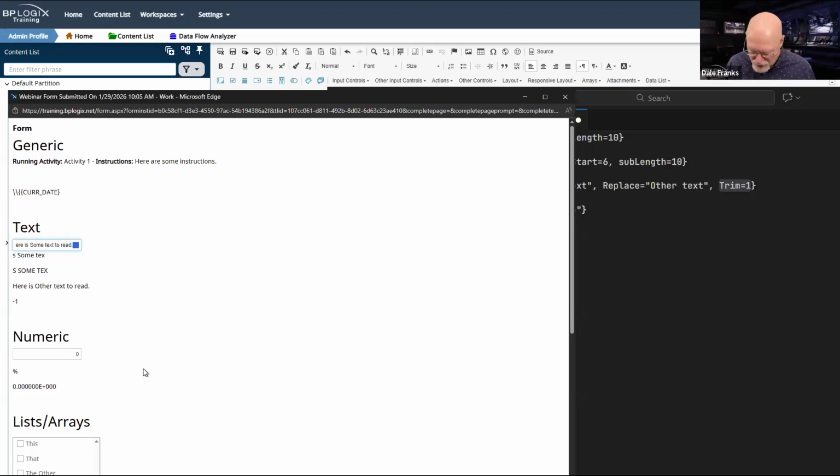It certainly doesn't show up in the UI if I just open the form. I mean, this all looks fine, but I've got this deadly trailing, well, in this case, three deadly trailing spaces at the end of my text. And because I do, if I was to do any sort of text comparison with some other data that didn't have those trailing spaces, that comparison would fail and I would be a bit flummoxed.